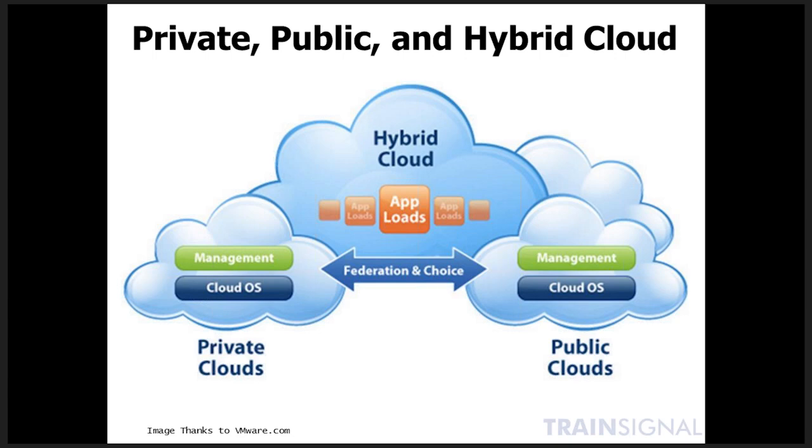You go over there, you subscribe, you give them a credit card, you bring up a virtual machine, you load an operating system, your applications, and it's on the internet. There you go. You're paying based on a formula that's based on how much you actually use that virtual machine. So that's a public cloud. Pretty simple to understand, really. It's just virtual machines or operating systems and applications running on someone else's infrastructure, and it's a pay-as-you-go service.